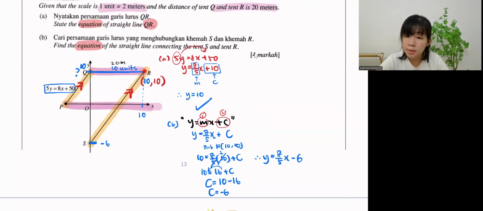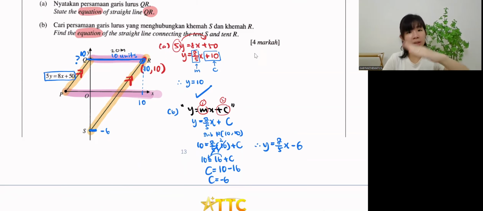Well, okay. Are you saying these two points R and S? If the distance is shorter, would it affect the gradient? Is that your question? Okay, gradient means how slanted the line is. It's not affected by the distance. If the line is this short versus another line this long, the gradient is the same. If they are parallel, the gradient will be the same, because gradient has nothing to do with distance. It's to do with the steepness.